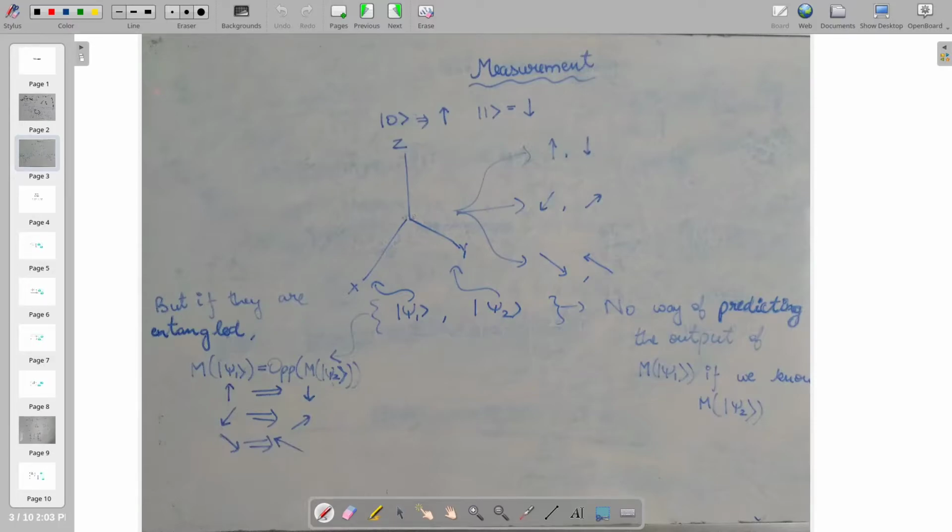And when we measure it along the x-axis, as you can see, the 0 qubit points in this direction and the 1 qubit points in that direction. And if we were to measure along the y-axis, this is nothing but changing the orientation of the measuring device to match the given axis. Let me say that 0 is pointing in this direction and 1 is pointing upward. So now we have three possible axes for a measurement of a given qubit.